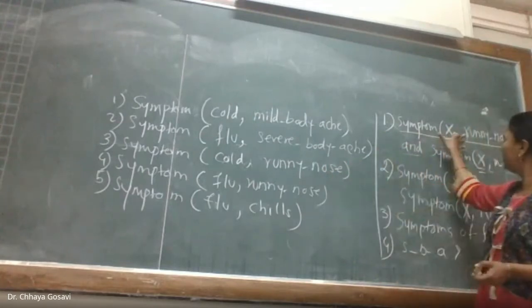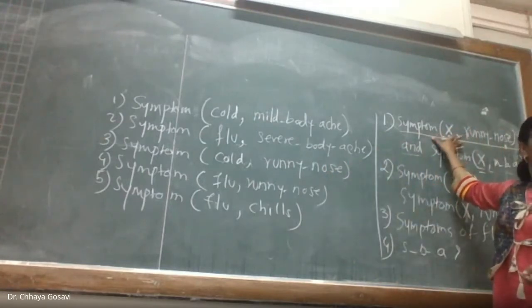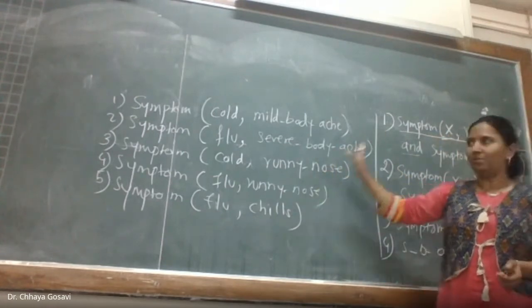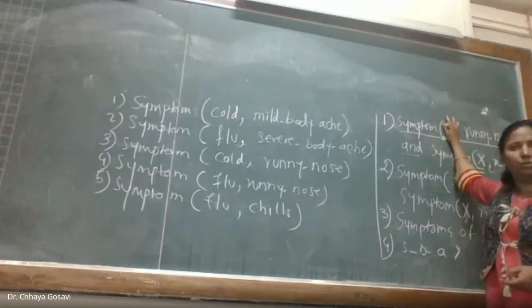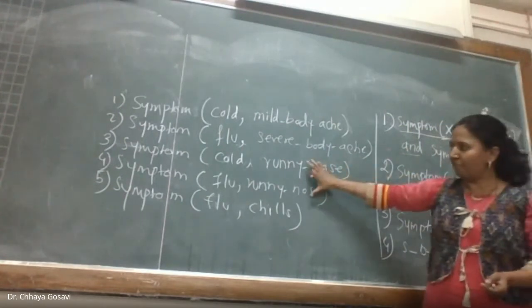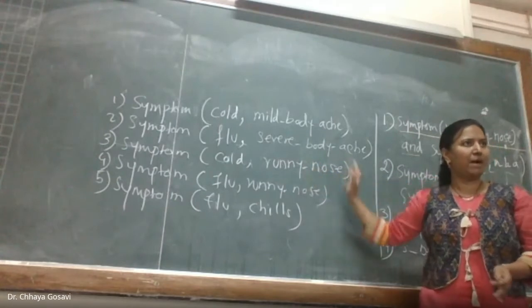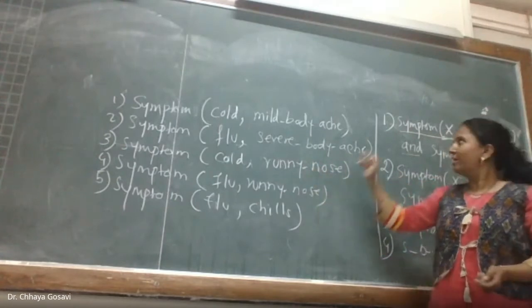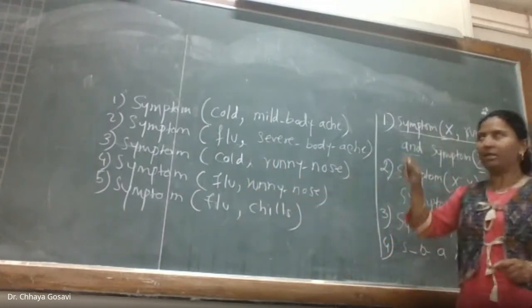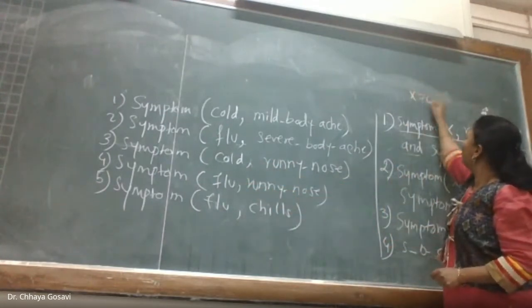What you will do is you will match the query with facts. It's a pattern matching. So this part is unknown and this part is known. So you have two facts matching with the second parameter unknown. So what are the values of X here? Cold and flu. So in the first step you get the value of X as cold and flu.